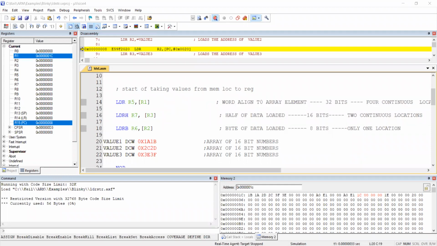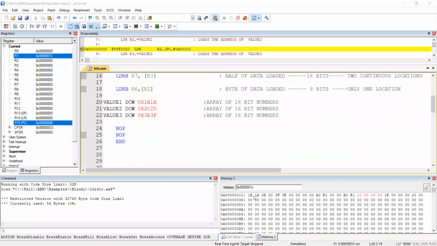So now whether it is little endian or big endian, please answer in the chat box fast. See, the LSB is at the little address, hence it is little endian. Okay, hope you can see this little endian address.